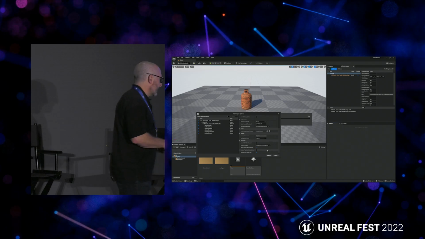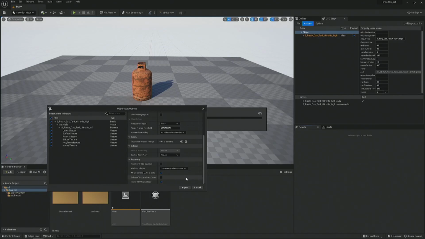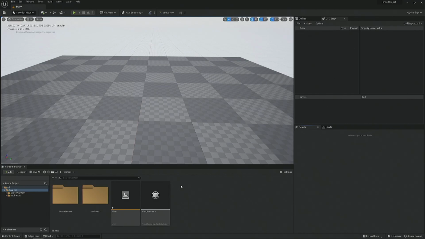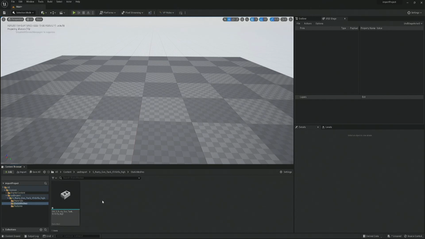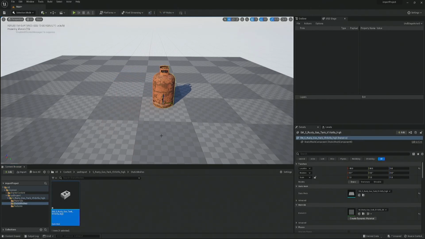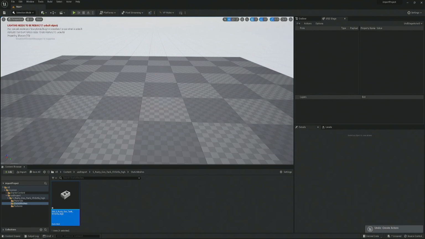And then if there's LODs. Once it's imported, it disappears, but it's in the USD import folder, the folder that I chose. So it'll have the asset in there. If you have assets that are placed in certain locations and you want them to be there, then you want to turn on the actor so that it will put it in the outliner and leave it in that position. It's more important with levels when you have lots of assets that you're bringing in.